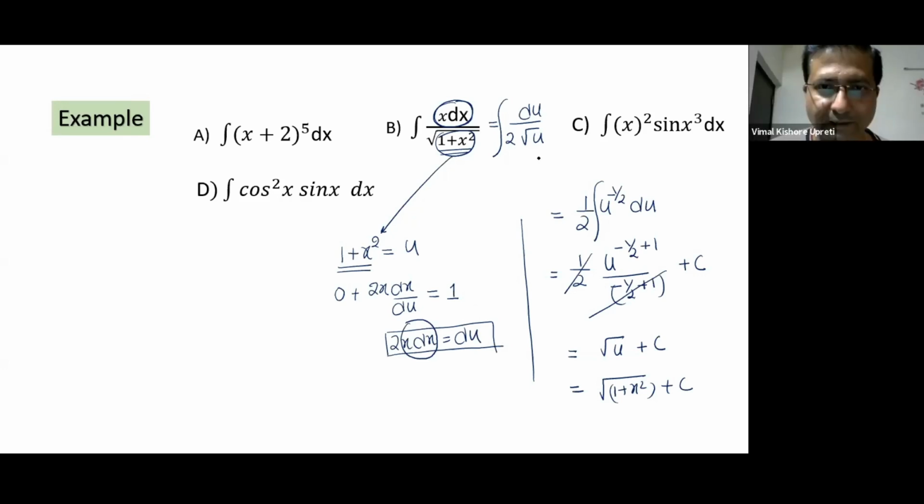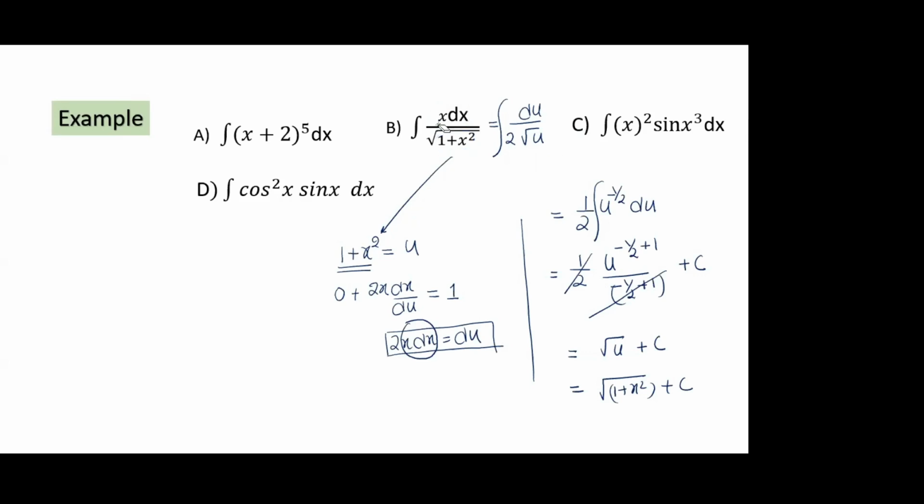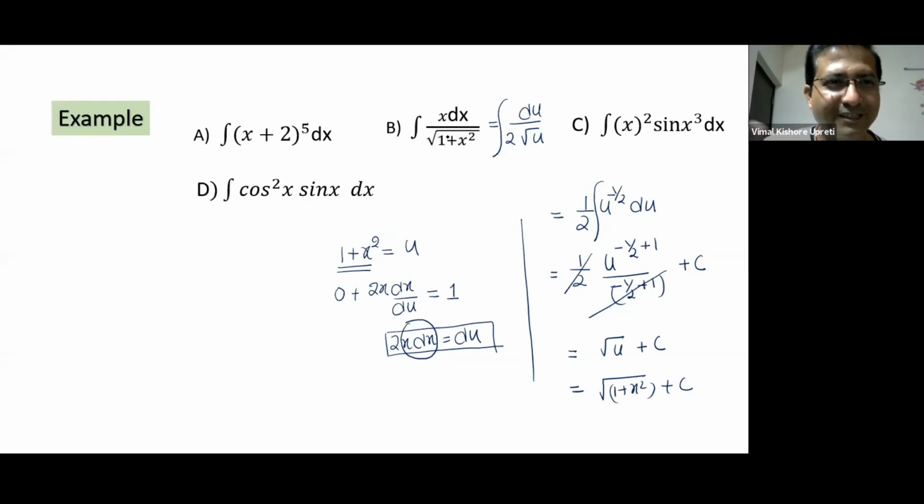Okay, I hope the approach is clear. Once explain again, sir. This was the function. We don't know the integration of this type of complicated function. I am taking help of the substitution method. What I am doing, I will see the function. If I assume something over here, then because x square differentiation will give me 2x, I can see this x and dx going together in the form of du.